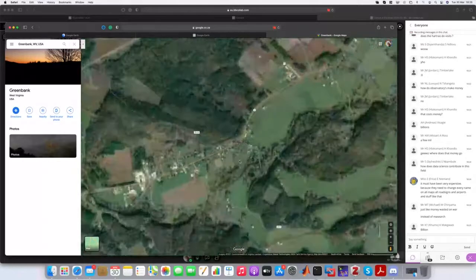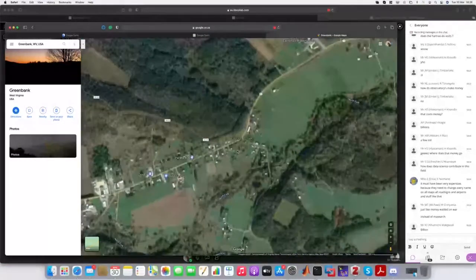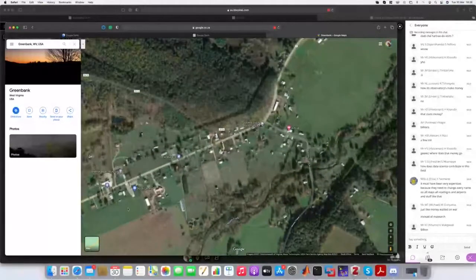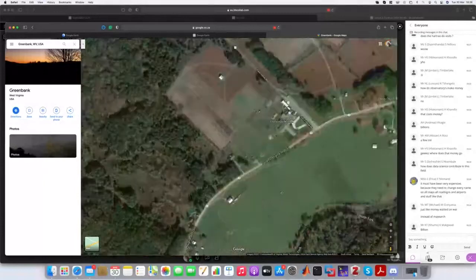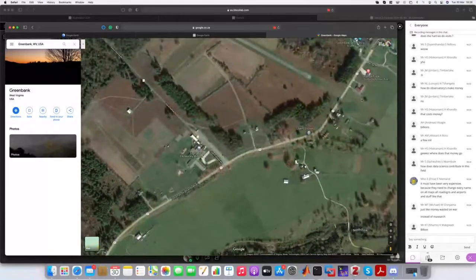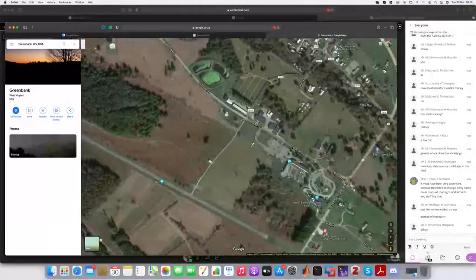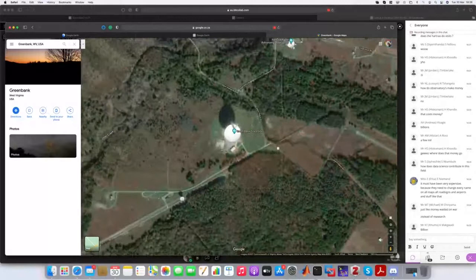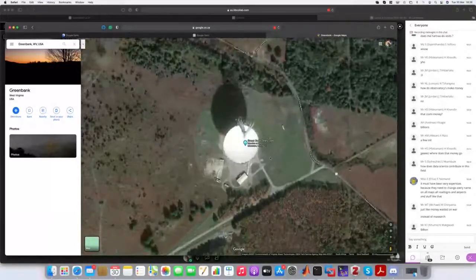This is the world's third largest telescope. This is the observatory. So this is the Greenbank telescope. It's the world's third largest